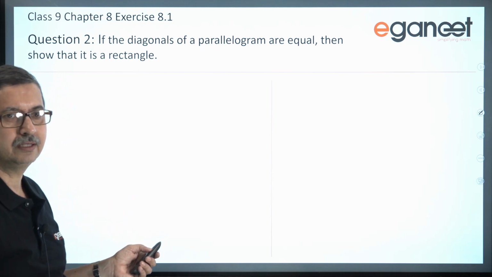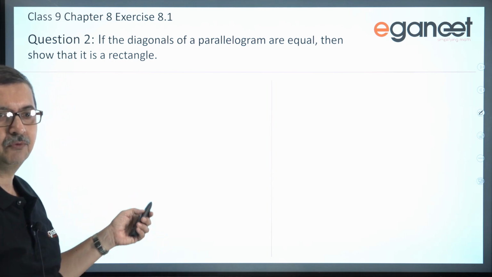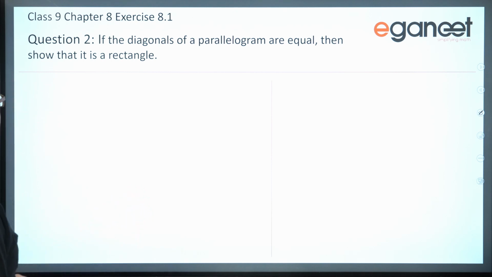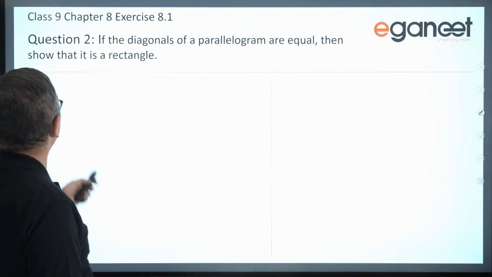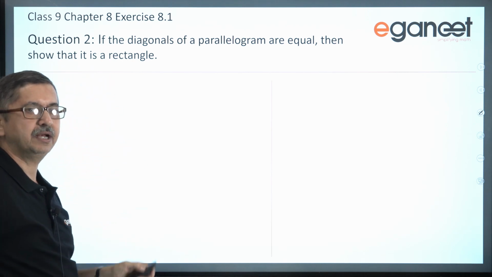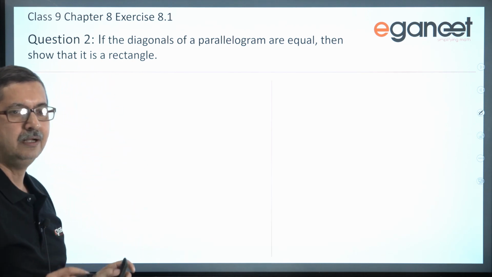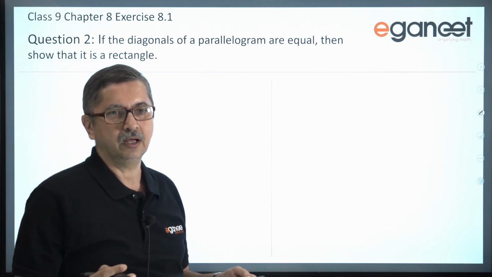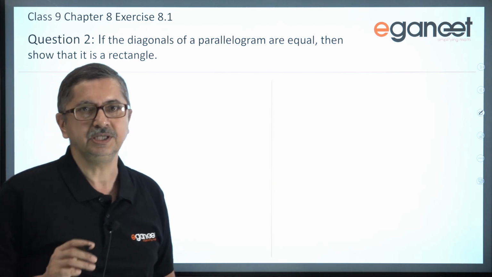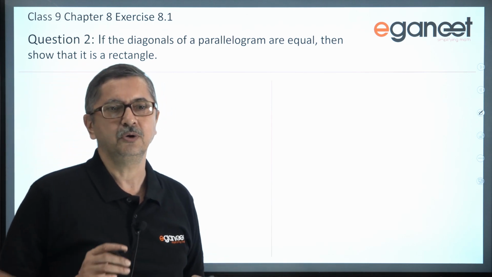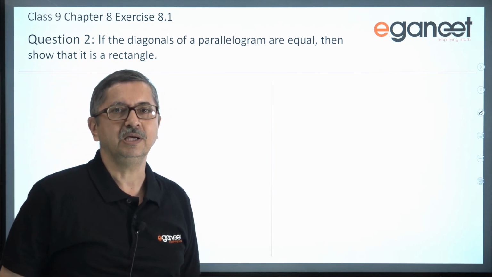In today's lecture, let me be dealing with exercise 8.1, chapter 8 of class 9 and question number 2. So what is the question? Let us see. If the diagonals of a parallelogram are equal, then show that it is a rectangle. So we are given a parallelogram and we have been given one more condition that the diagonals of this particular parallelogram are equal, and now we are to prove that this parallelogram is nothing but